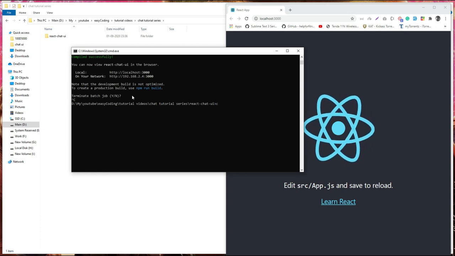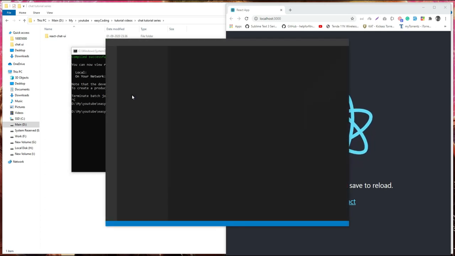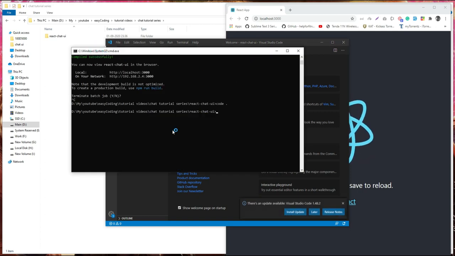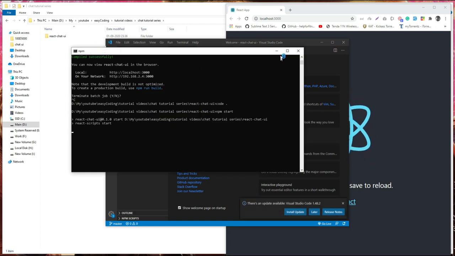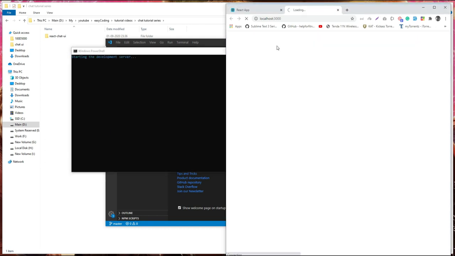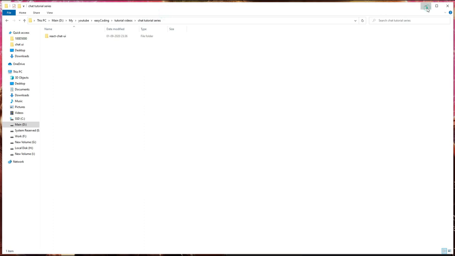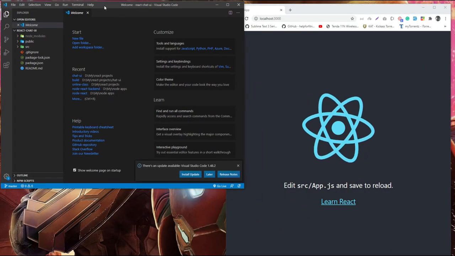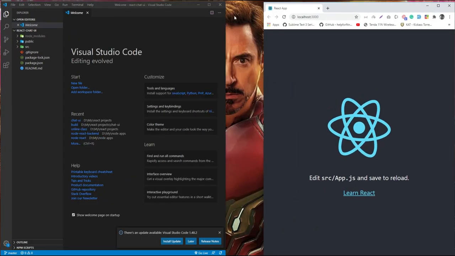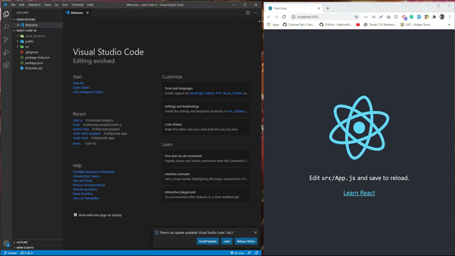So code dot. I'll rerun the server. Fine, the server is running. I'll minimize the folder and let me rearrange it so we can see both side by side.